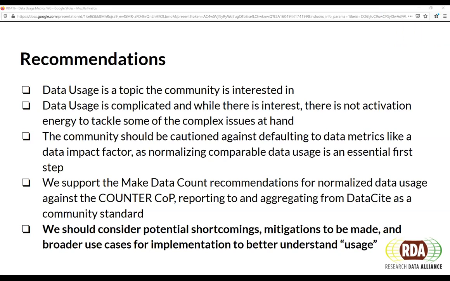Ian's presentation at the beginning really just walked us through what this working group has been doing for a year and a half, setting the stage for the whole discussion around usage metrics and asking what is it that we're trying to achieve, and what does the RDA community, the repository community, think about these things? The work that we've done over the last year and a half, in my opinion, these recommendations capture that work.